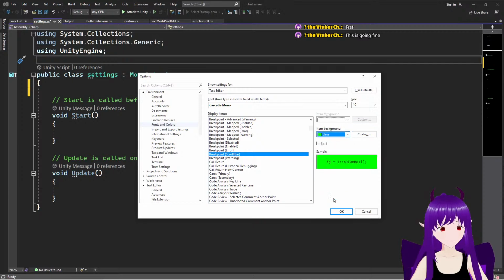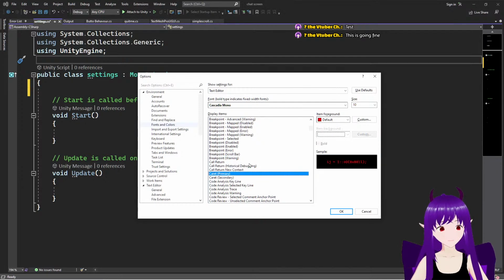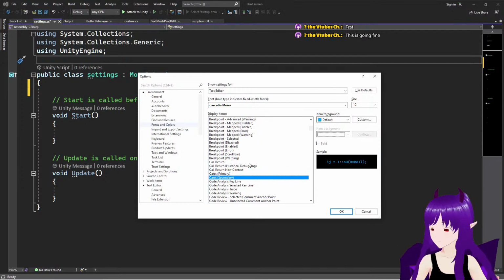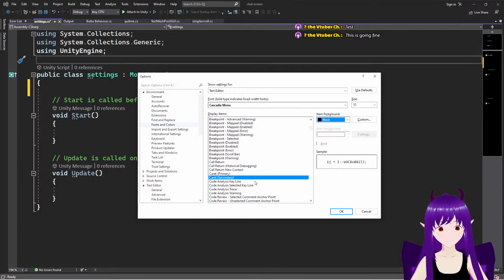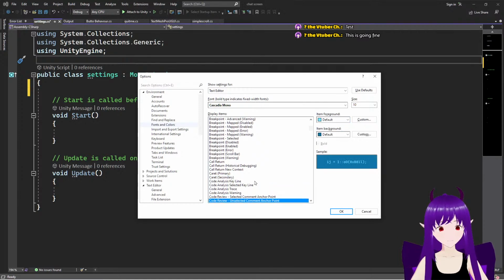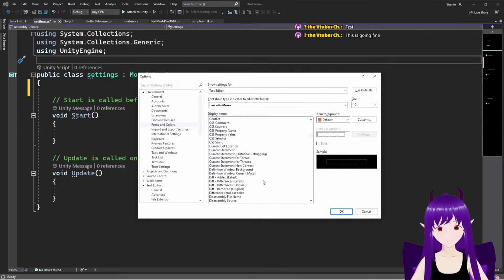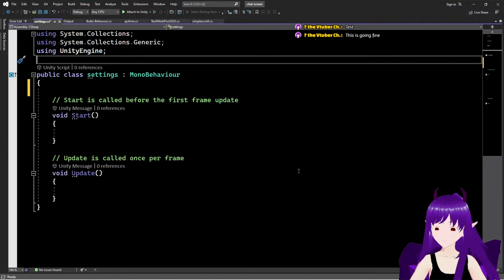Teal, lime. Because, as you can see, okay. Now the background's deeper black,